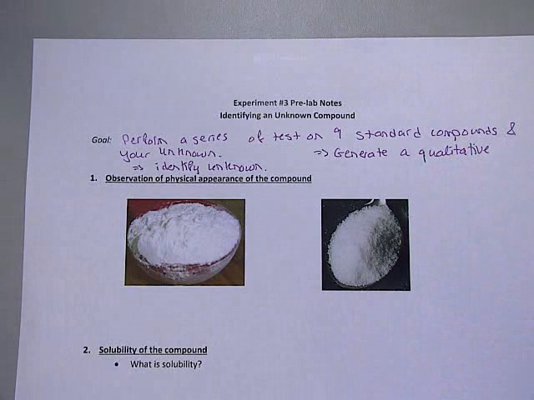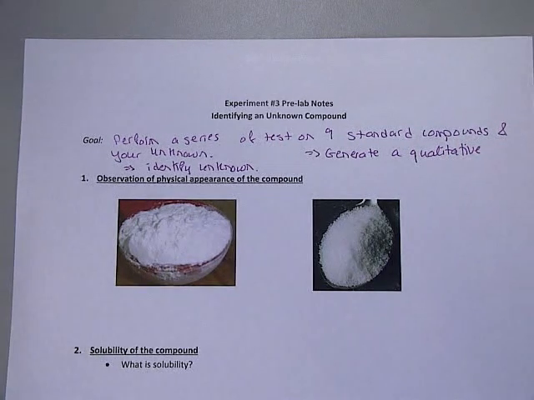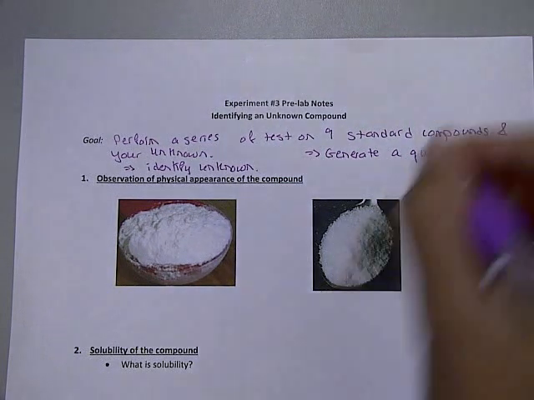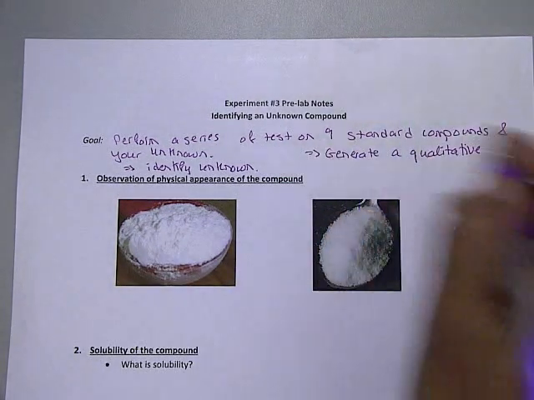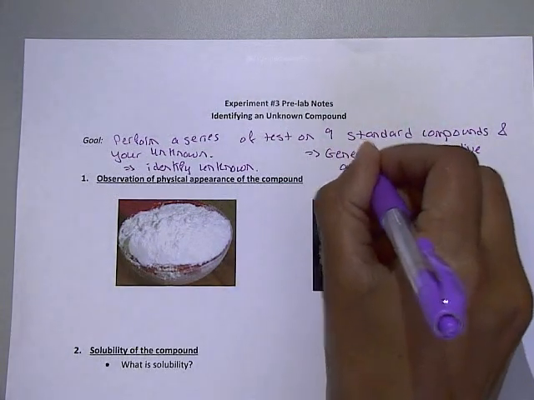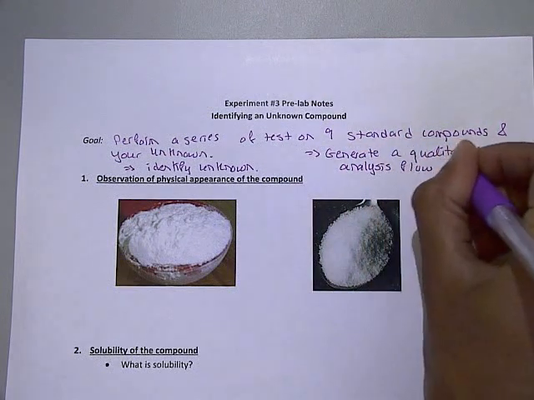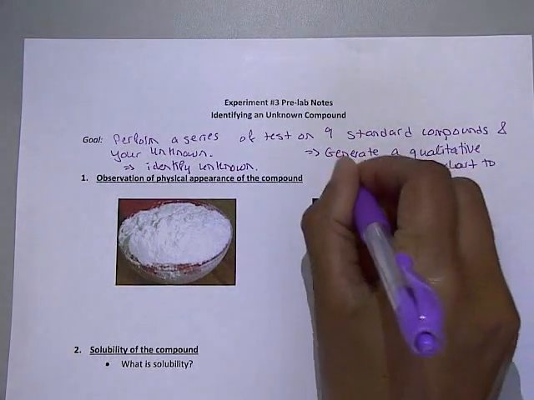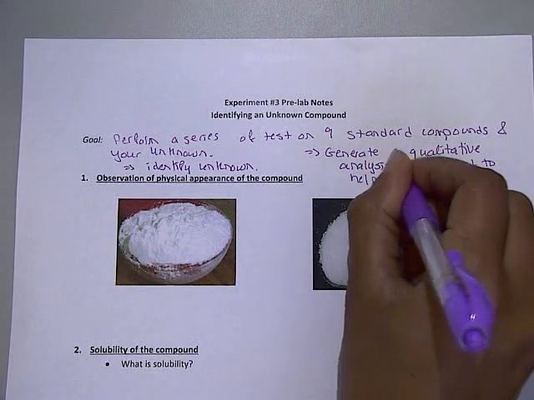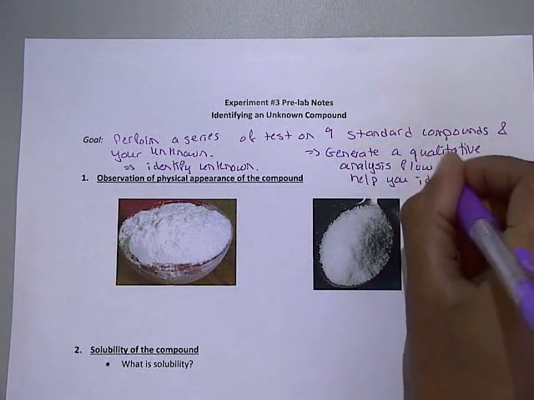Remember in the first lab we talked about quantitative and qualitative observations. This week's lab is all on qualitative observations, so you're going to generate a qualitative analysis flowchart to help you identify